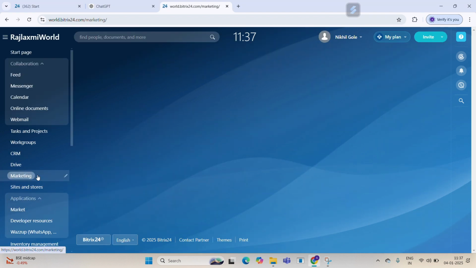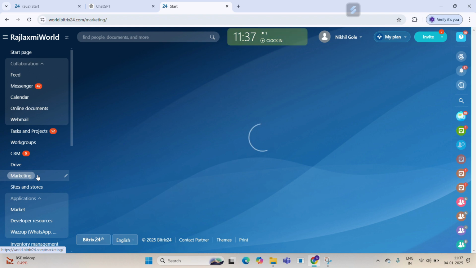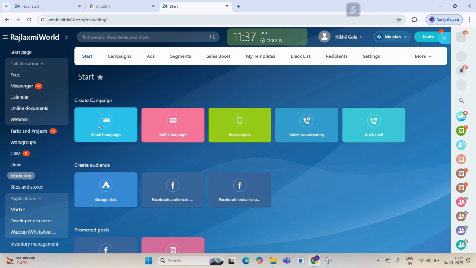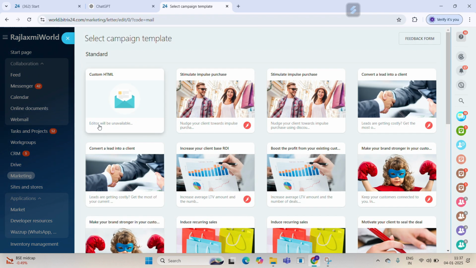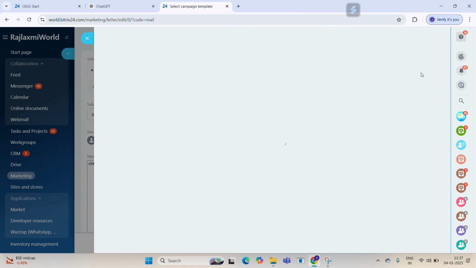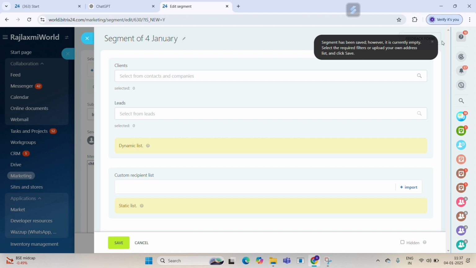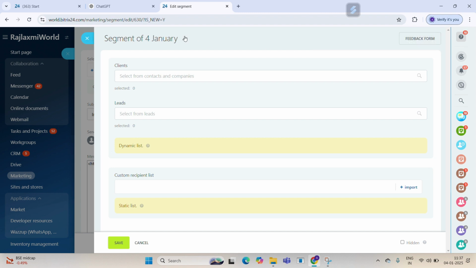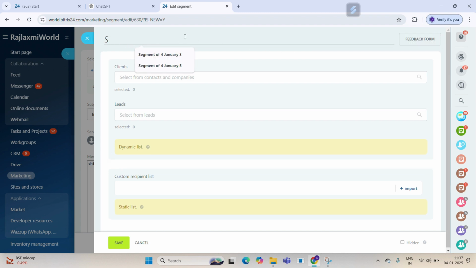Okay, we just click on that marketing tool. We click on the email campaigning again. We choose one template, click on custom template. I need to add the custom recipient, so we need to click on the create button. I need to create one segment for that. So I click that create button. So I just name